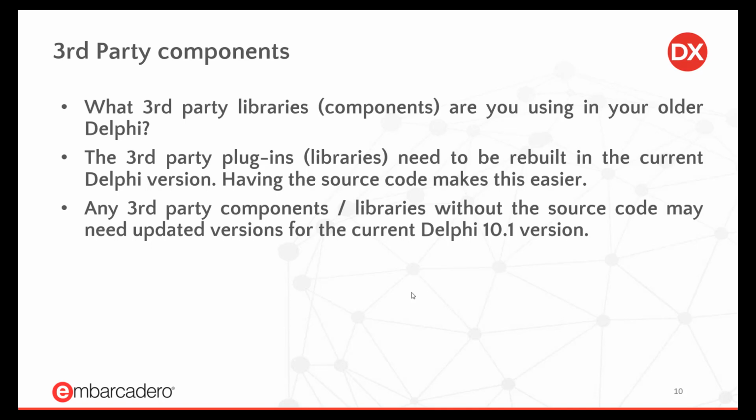Now, in some cases, depending on the type of the component, you might find that the Unicode changes are complex. For example, if you have a library that does encryption or compression or things like that, you're going to find that in the old Delphi 6 and 7 days,